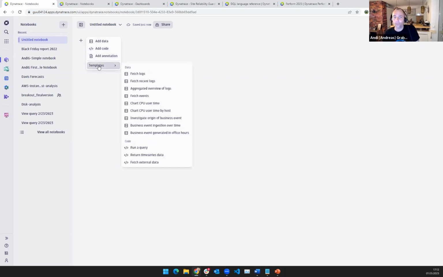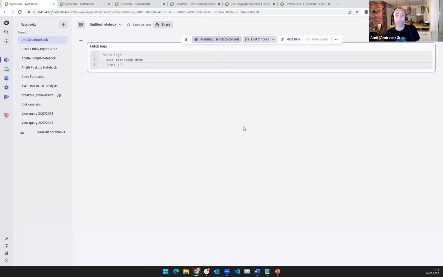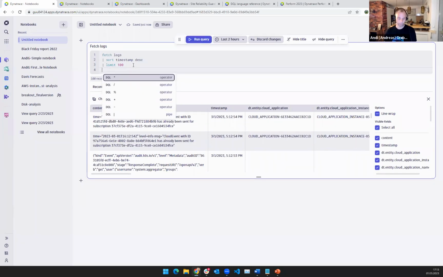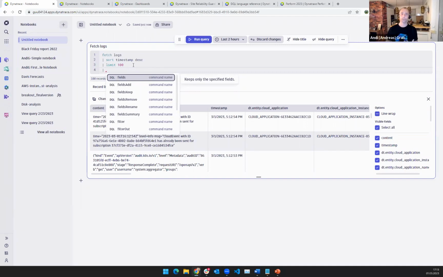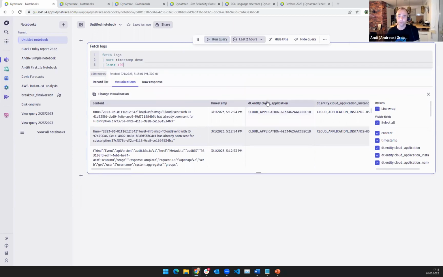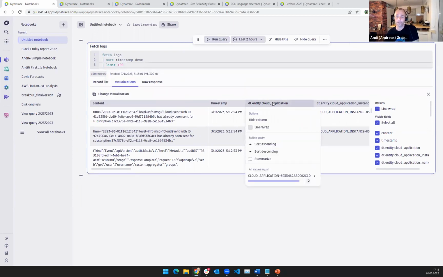I typically like to start with some templates. So we provide already a couple of templates of most commonly used queries. So for instance, fetching logs, right? That's obviously very, very simple and easy. So let's fetch all of the logs that are coming in. In my case, I'm getting all the logs here. I can then, if you're familiar with DQL, you obviously have all of your code completion here to really make it easy. What I really like, though, if you're completely new, you can also interact with the UI here, right?